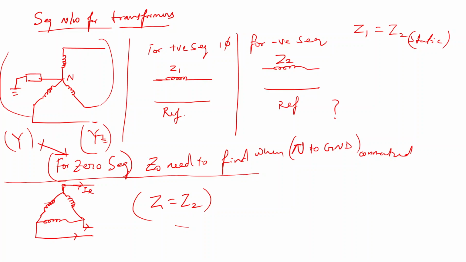Next we will go for transformer zero sequence. How to find it out? I said I need to find out that Z0. First thing, when to find it out, that you understand now. Next we are going to see how to find it out. There is a simple technique called the switch diagram of the transformer. Switching diagram concept. Write down please. Very important. Switch diagram concept.